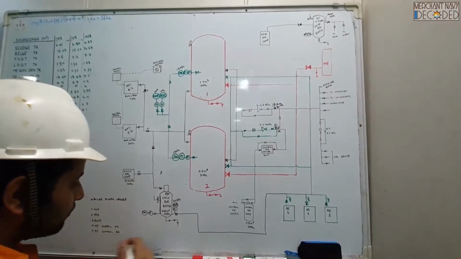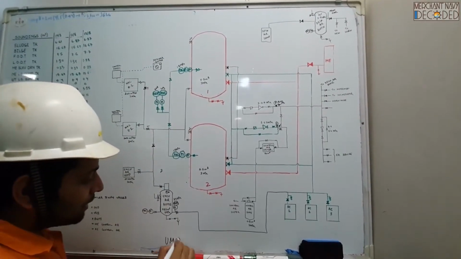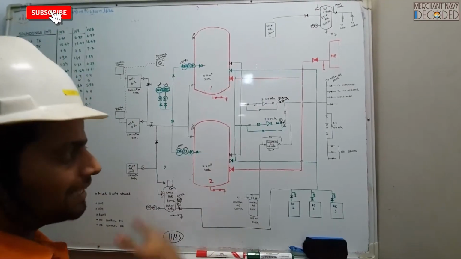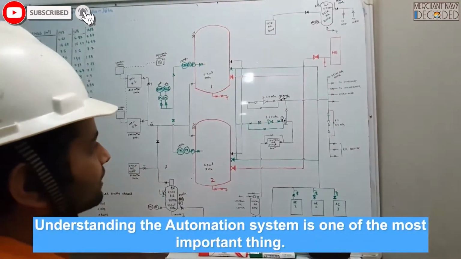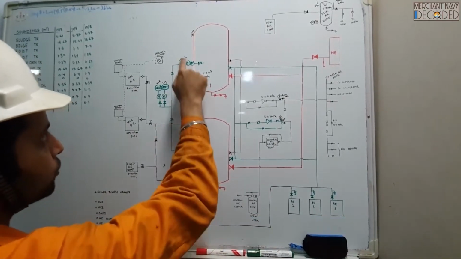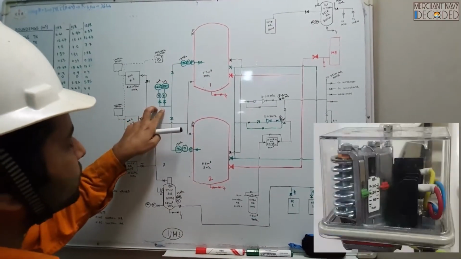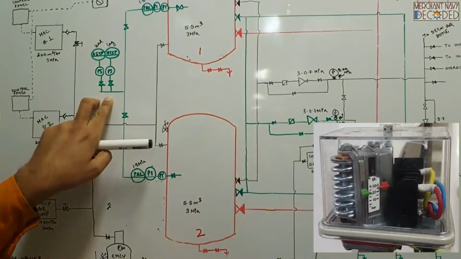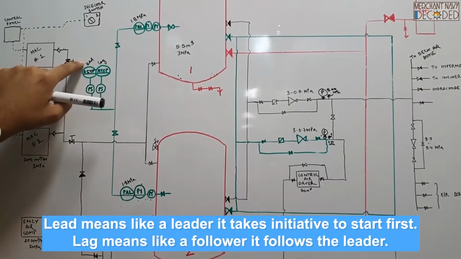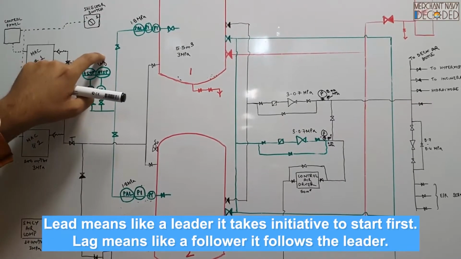This is the engine room is unmanned. Unmanned means even if it is night time, this compressor should work in auto. They should start in auto, they should stop in auto. So how does that work? What we have done is, with this same line coming from the air bottles over here, there are two pressure switches fitted over here. And these pressure switches are set at different values. One is a lead pressure switch and one is a lag pressure switch.